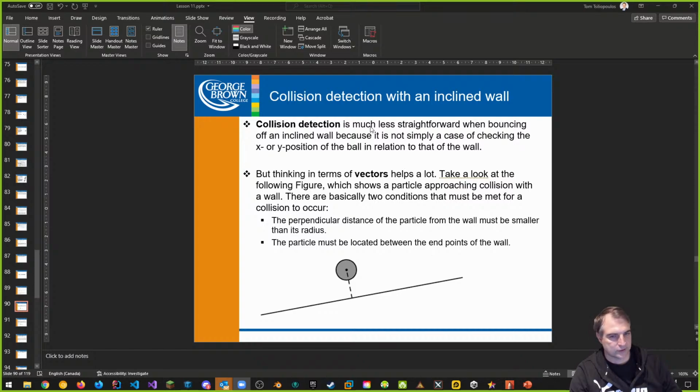Collision detection is much less straightforward when bouncing off an inclined wall as well, because it is not a simple case of checking the X and Y position of the ball in relation to the wall, but thinking in terms of vectors helps a lot. Let's take a look at the following figure, which shows a particle approaching a collision with a wall. There are basically two conditions that must be met for a collision to occur. One, the perpendicular distance of the particle from the wall must be smaller than its radius. The perpendicular distance is what